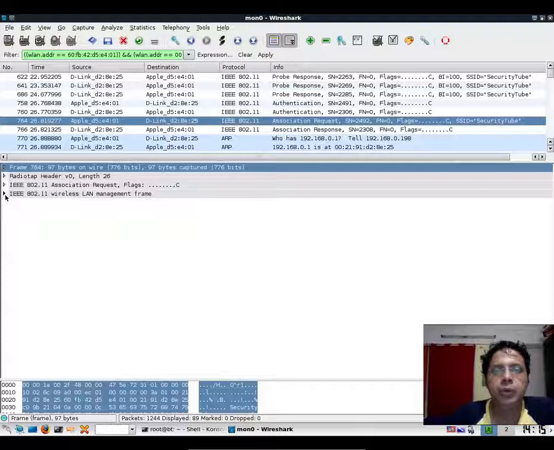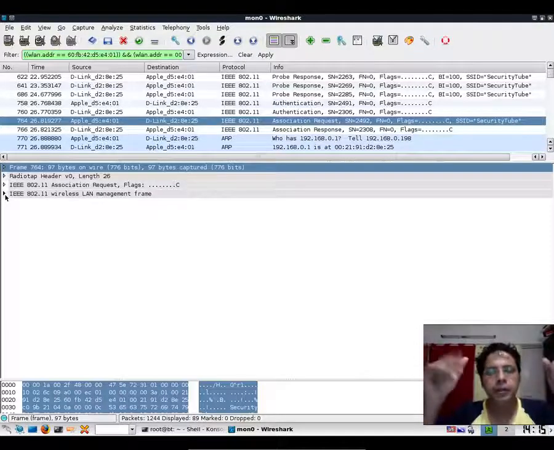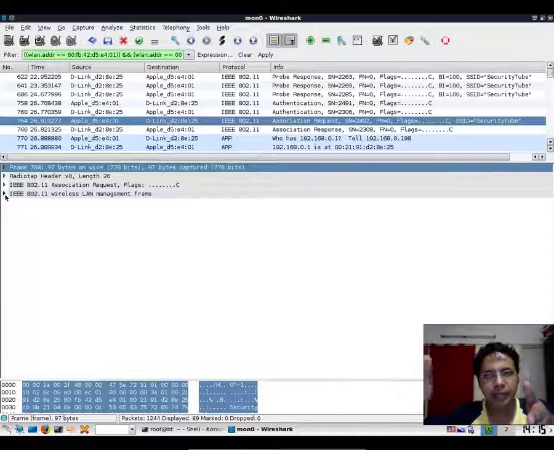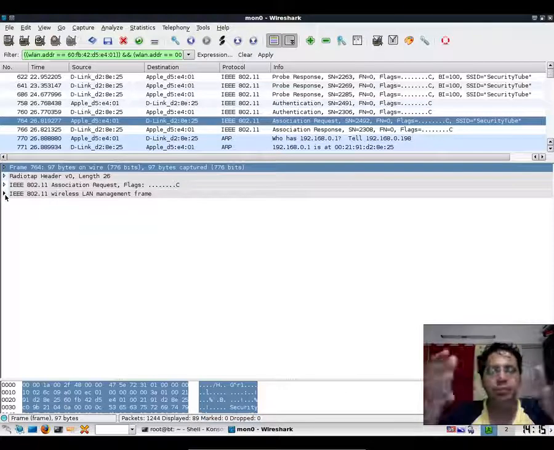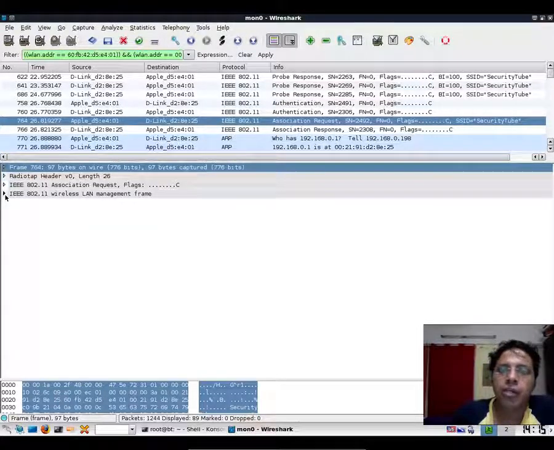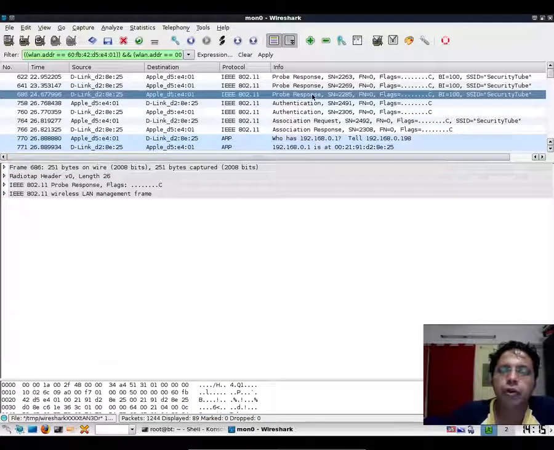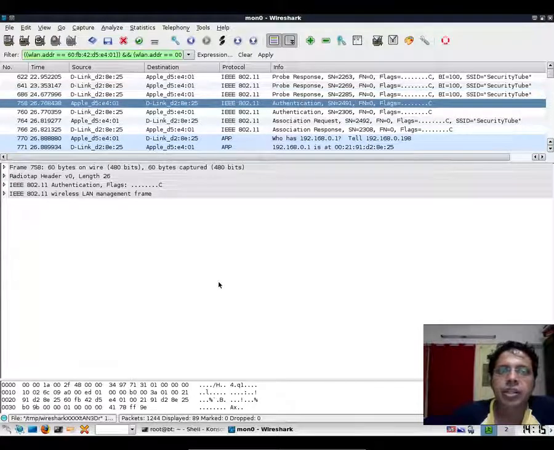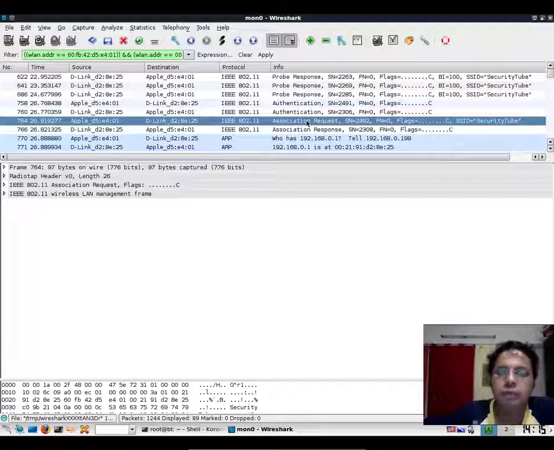Association is when the client and AP are now satisfied by the credentials provided by the client to the AP, and the access point says, well, you've authenticated successfully, now let's associate so that we can start exchanging data. So when the client receives an authentication success response from the access point, it will send an association request to the access point,